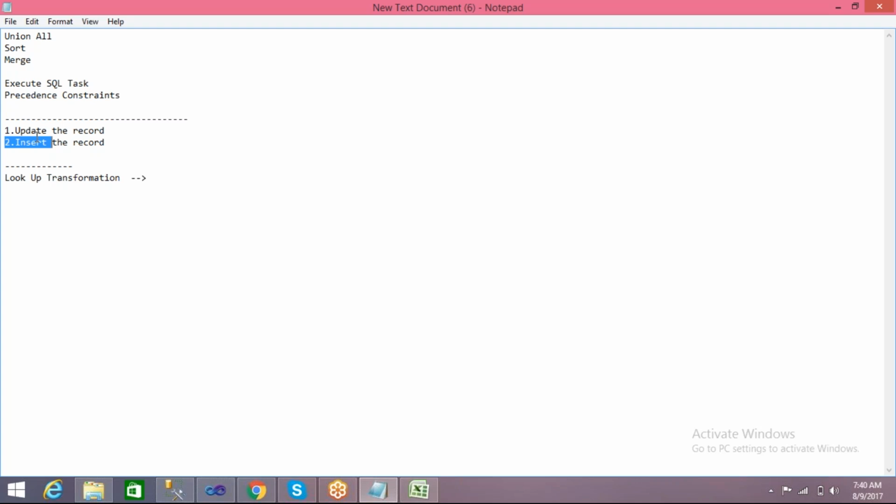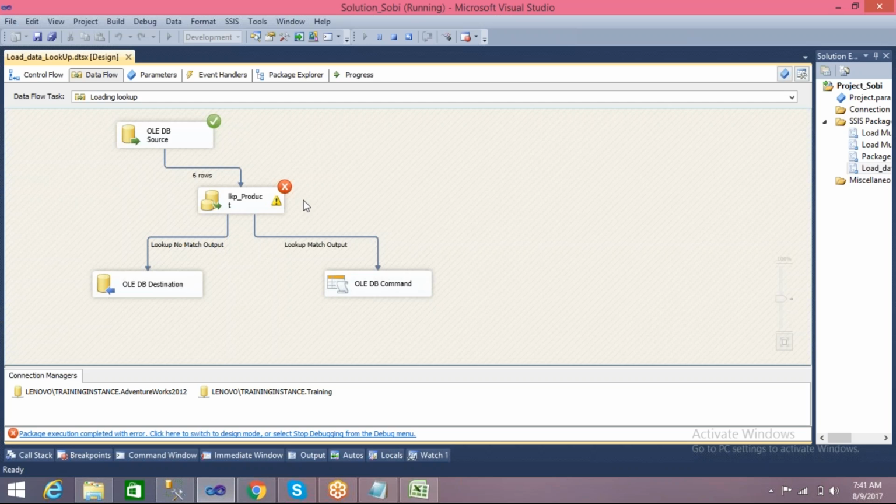Just fail the component. In that case, if the component has failed, then you will come to know that yes, we are getting some new record. The client will tell us that if it is a new record, then it might be some kind of junk data. So instead of inserting the junk data, we just fail the component, and we'll tell the client yes, we are getting some junk data into our dimension. Okay, so stop this,